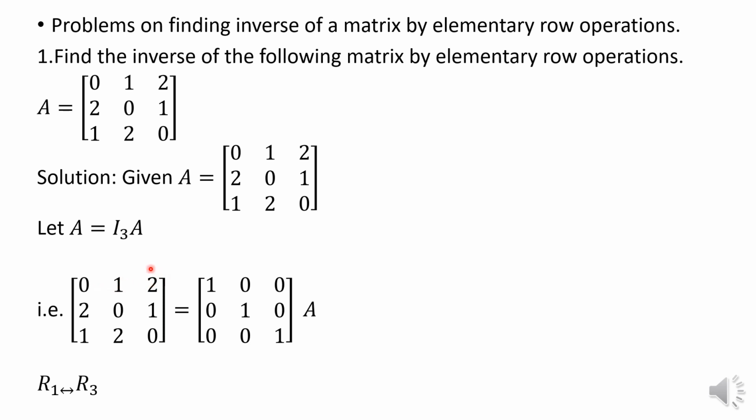See, our intention is, after writing this A is equal to I3 into A, we have to apply a series of operations to reduce this LHS matrix to the identity matrix. What are all the operations we have to apply? The same operation has to apply on the identity matrix in RHS. See here, 0 we get here, therefore here 1 is there, therefore I have to swap R1 with R3. Okay, so therefore we have this operation: R1 changes to R3, R3 changes to R1. After doing this operation, the matrix now reduces to